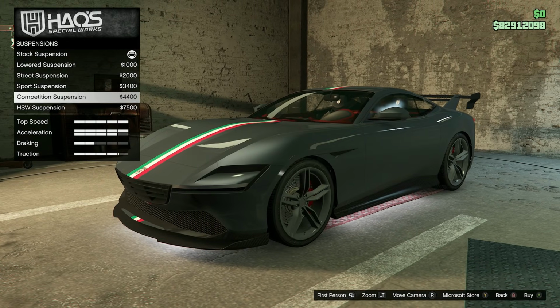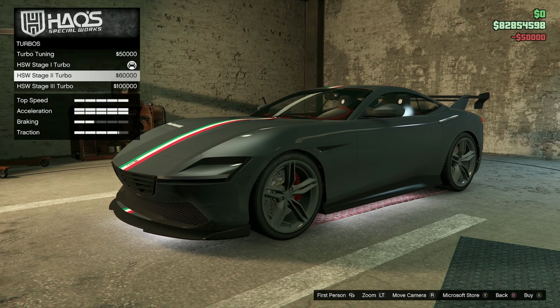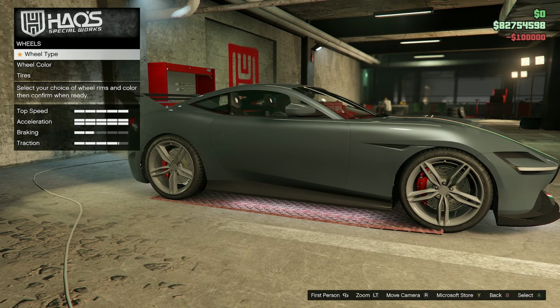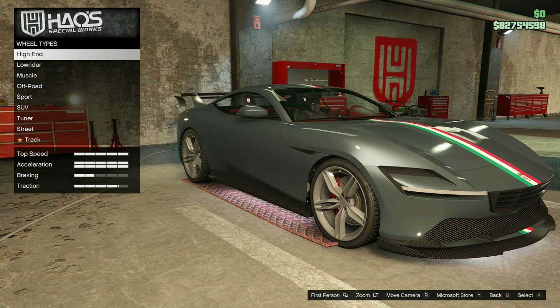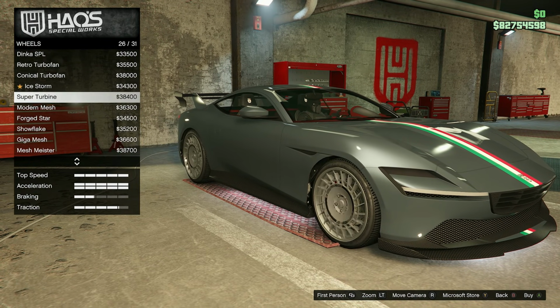HSW suspension, we will go for that. Let's go ahead and throw that on. HSW transmission, of course, and the stage 3 turbo. For the wheels, I really like the stock wheels actually. The stock wheels are super nice. Under the track category, maybe